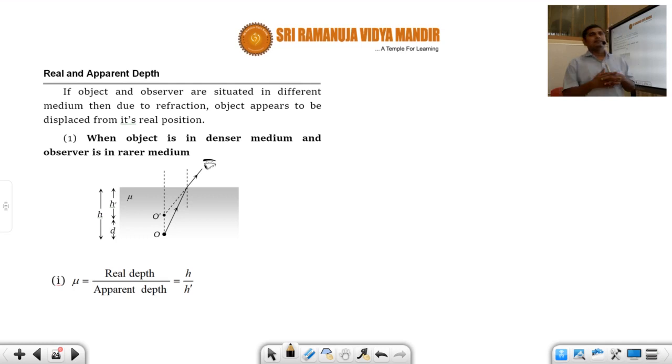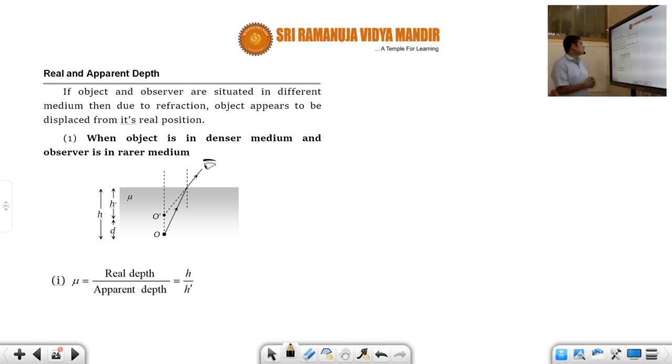On the other hand, suppose you are in water and some object is there in air. Suppose you fell into a swimming pool and you are watching the outside world. An object which is in the air medium, while you are in the water medium. Now if you look at the object, you will see that it is looking very far, but actually it is not. Why is it happening? That is what we are going to discuss today.